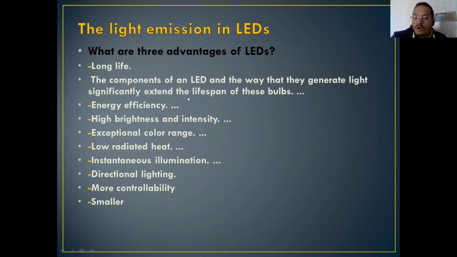That depends on how the light is generated. Energy efficiency, high brightness and intensity, exceptional color range, low radiation heat, directional illumination, more